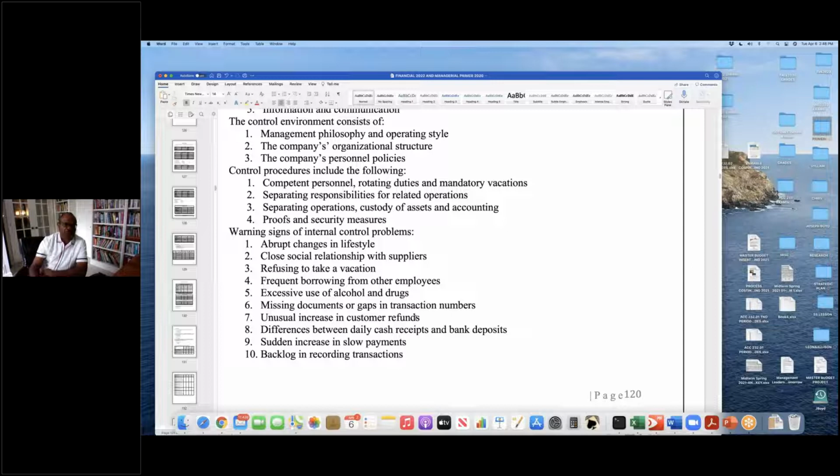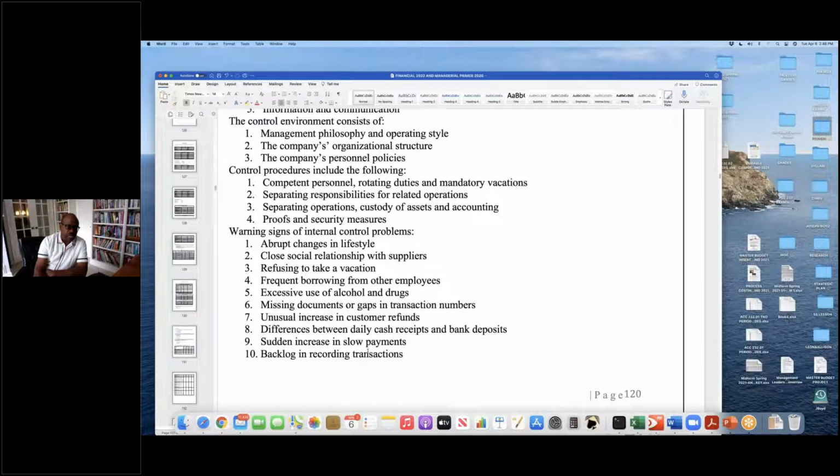Eventually you get caught on things like this, because it bills and it's checked on. So she lost the job and had to pay back all the money. So no job, pay us back. If there are differences between the daily cash that comes in and what's deposited in the bank, that's a problem. Slow payments,